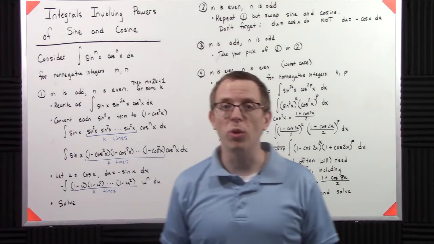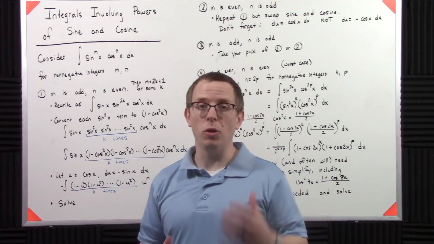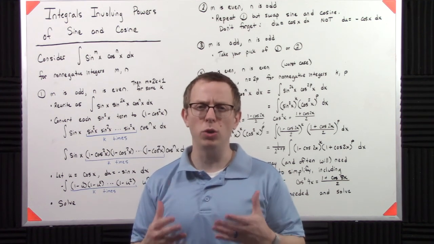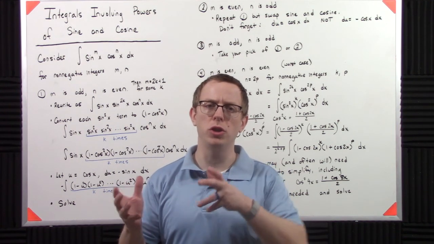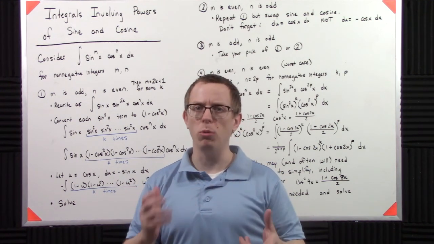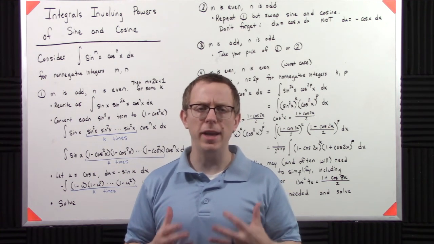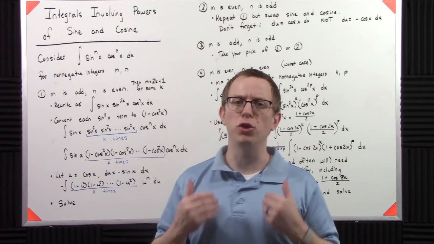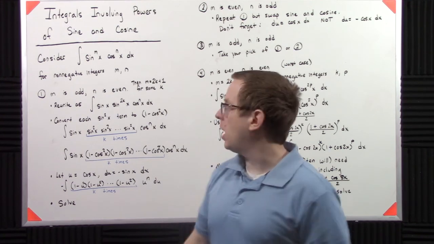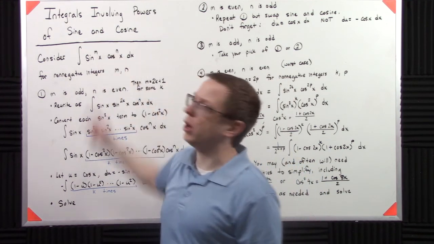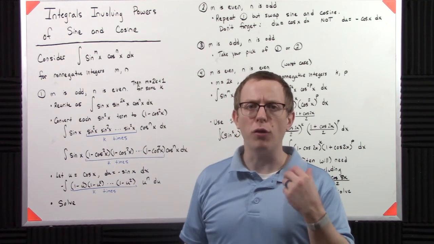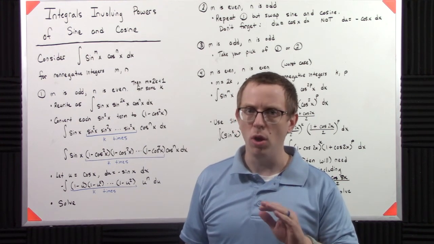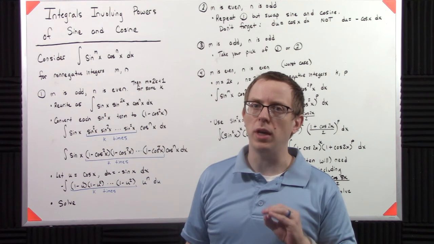Alright, we got a lot of board to cover here. So, in our previous video we talked about an introduction to the idea of trigonometric functions with sine and cosine with arbitrary powers. Now we want to nail that down for specific cases. What is the methodology for solving an arbitrary case where I have sine to a power and cosine to a power dx? Now for our purposes, we want to only consider the cases where m